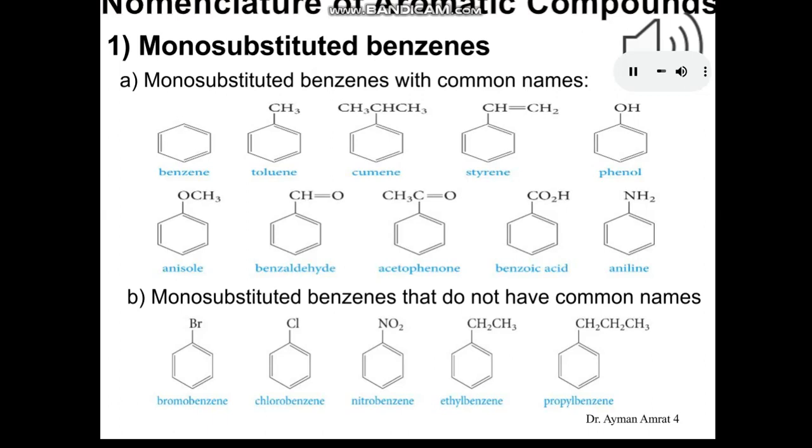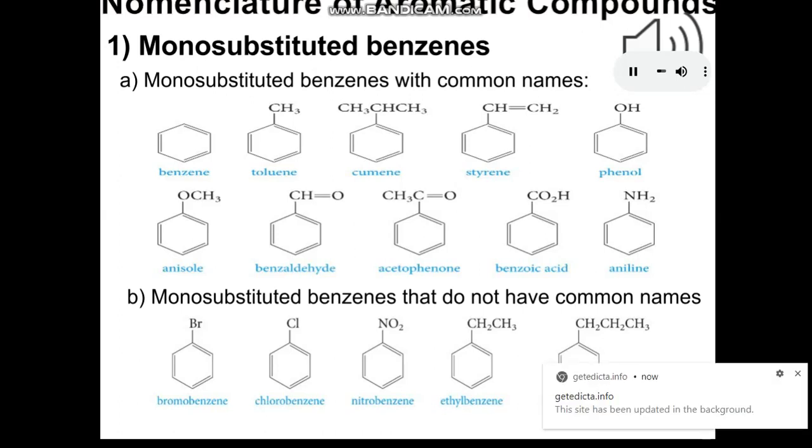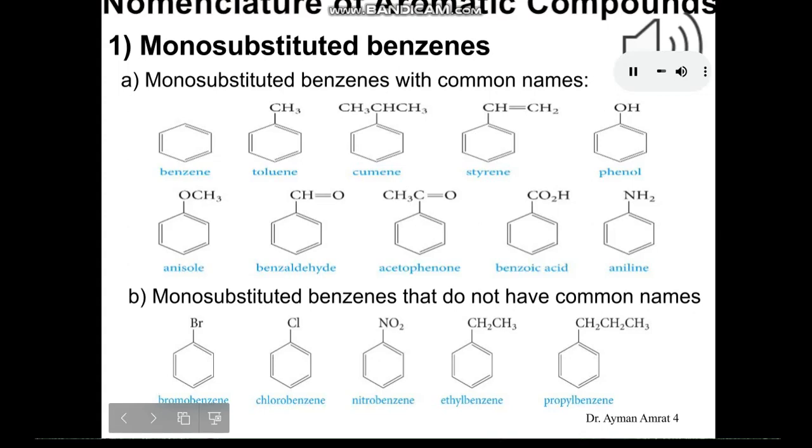Benzene with a methyl group is called toluene, benzene with an isopropyl group is called cumene, with a C double bond is called styrene, with OH is called phenol, anisole with OCH3, benzaldehyde as mentioned in slide 1, acetophenone, a ketone with benzene, benzoic